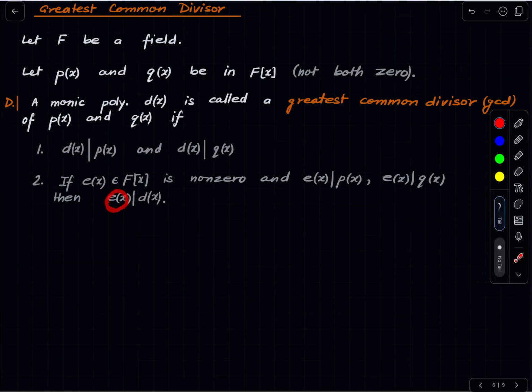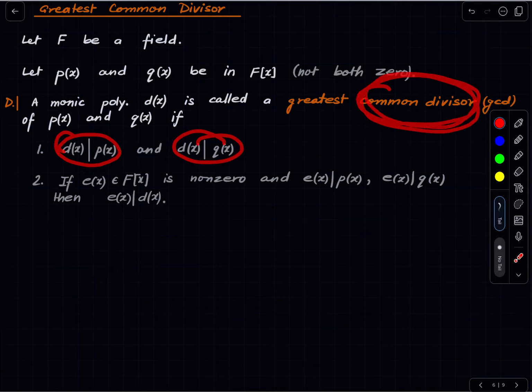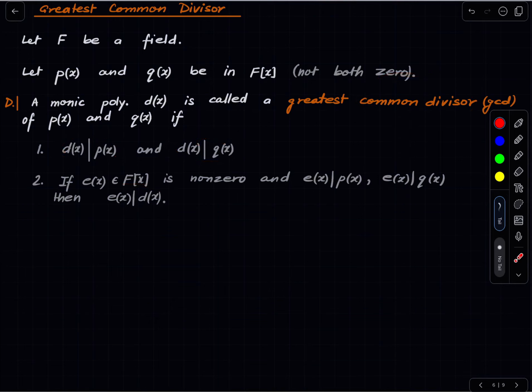So if ex divides dx, in some sense dx is bigger than ex, and what we are saying is that you call dx the GCD if, first of all, it is a common divisor. So it is a common divisor, and it is greatest in this sense. Okay. So here is, the definition should be clear, but here is a very simple observation and an important one